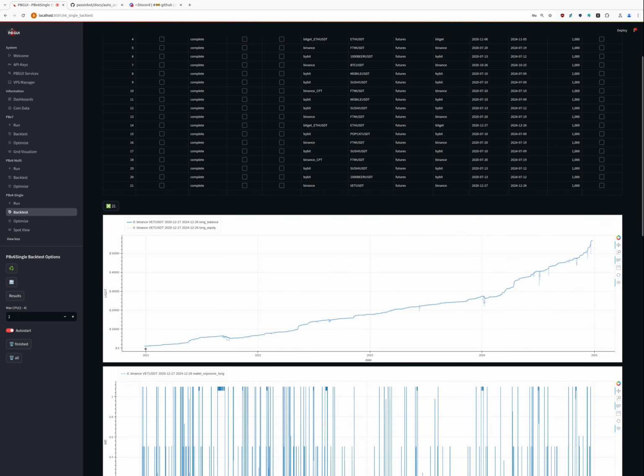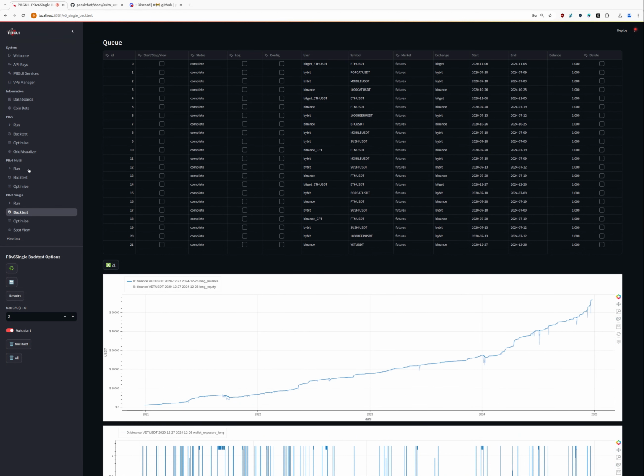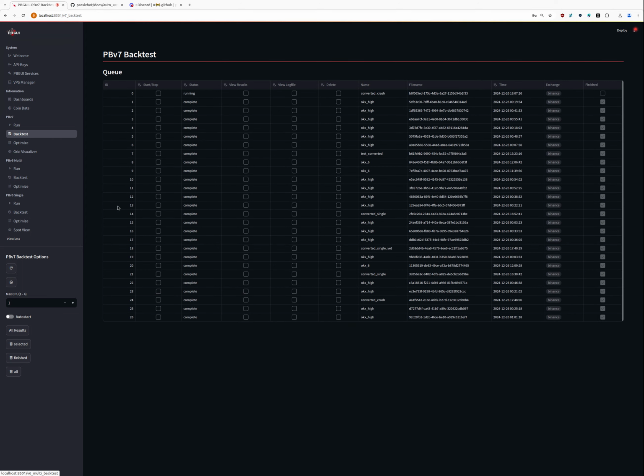We see start with $1,000 and get up to 56,000. So now compared with the backtest on version 7, the fetch test, single fetch,